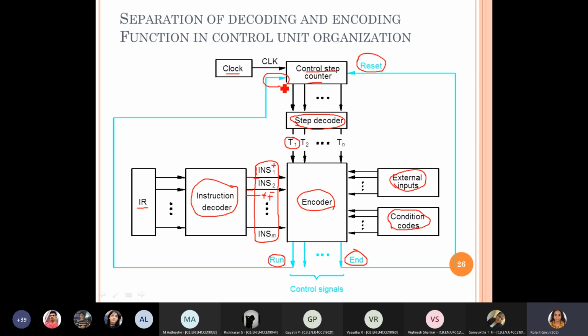Are you clear with this? Take one or two minutes to understand this, because next we will be forming the circuits for each of the control signals. Only if you understand this, you can understand that better. If you have any doubt, please raise it now.